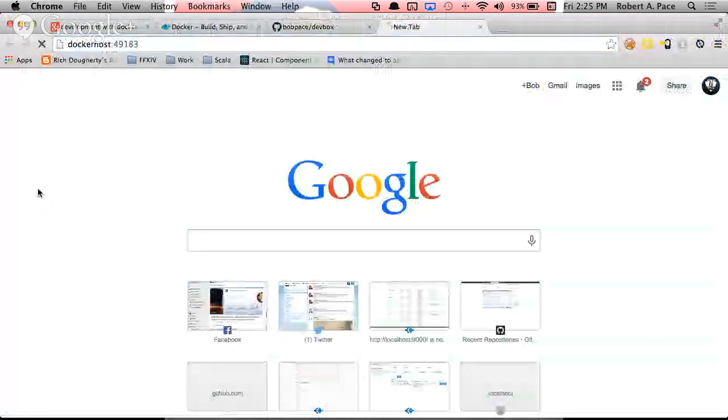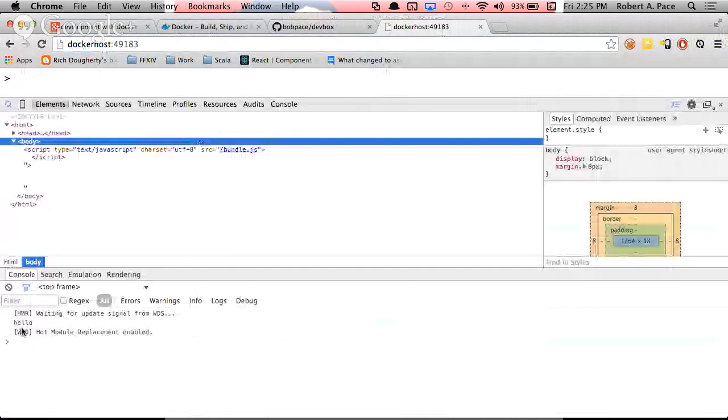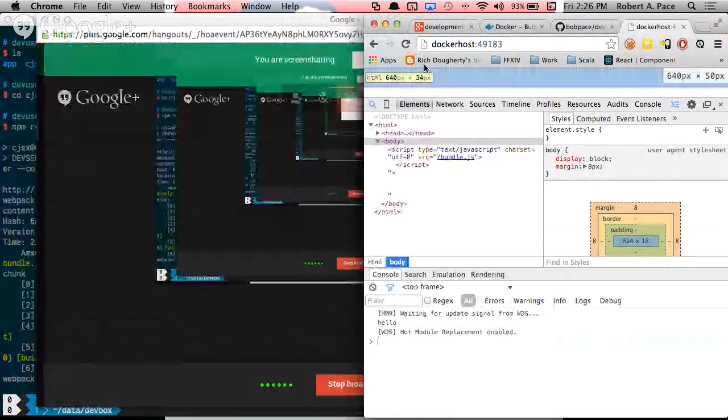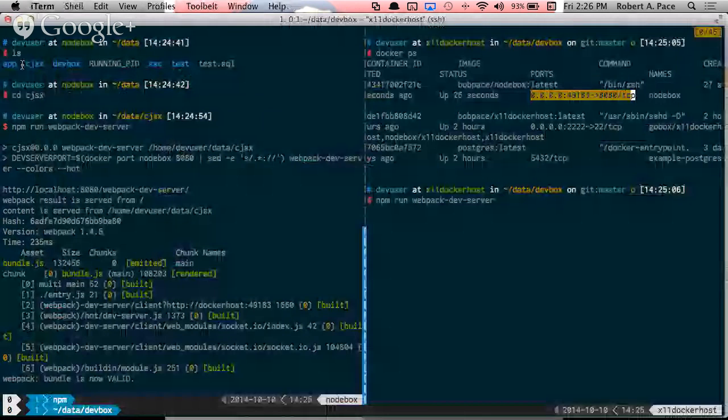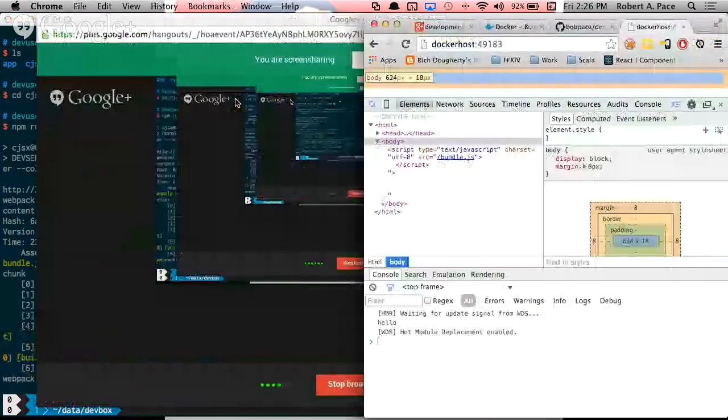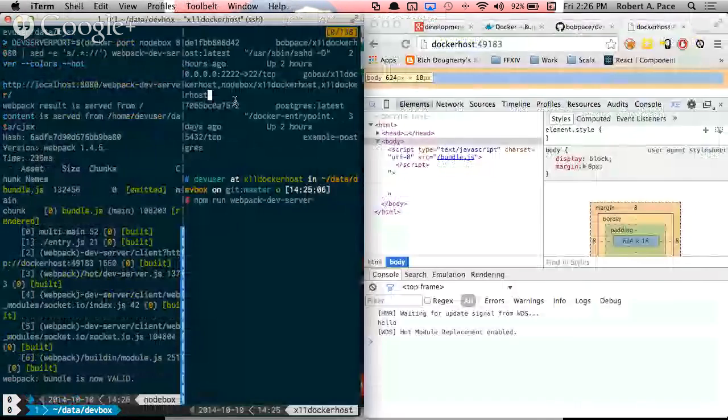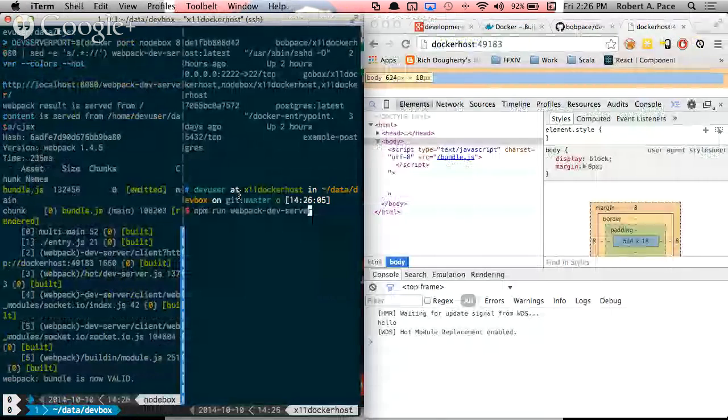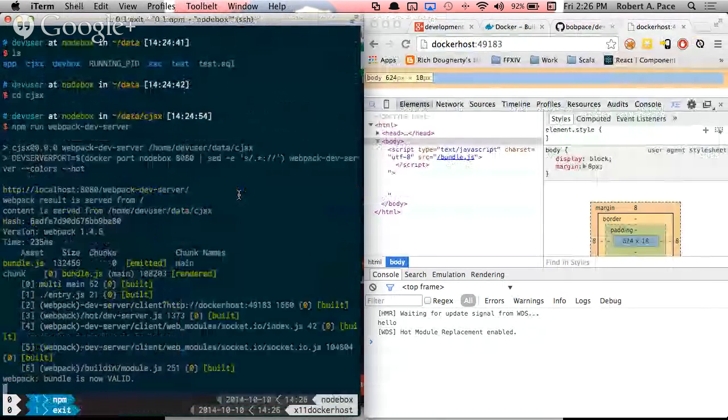If that's the right, yeah. Should be able to see it pops up. I don't have it doing much other than just saying hello in the console. But this is how you can, from my Mac browser, go and view a web service I'm running on a Docker container on the inside, so that I could do my back and forth development, like have it over here. Not tiny with this resolution, but